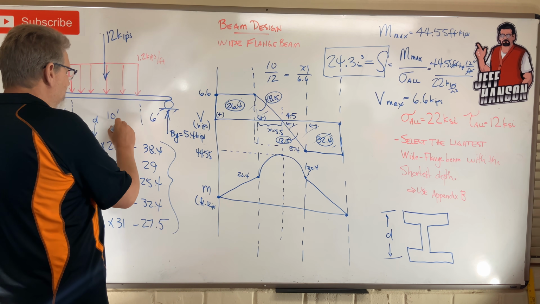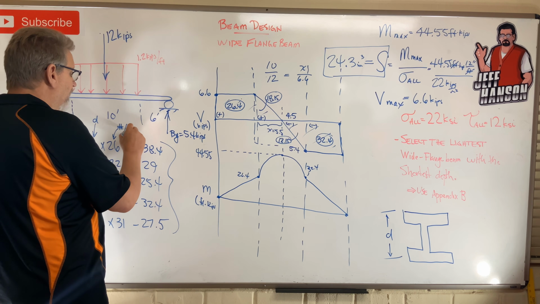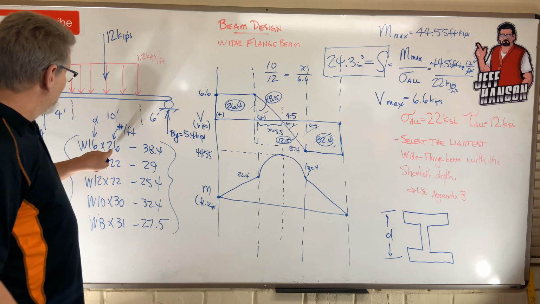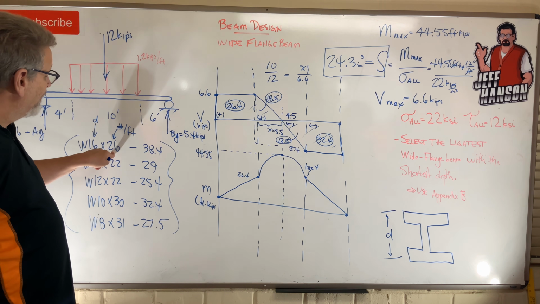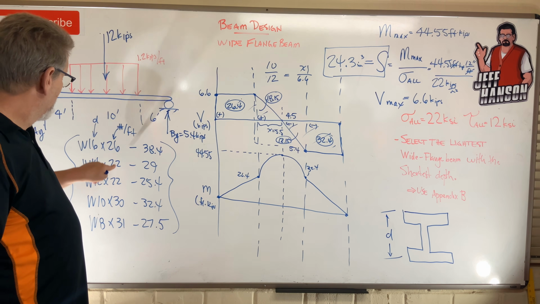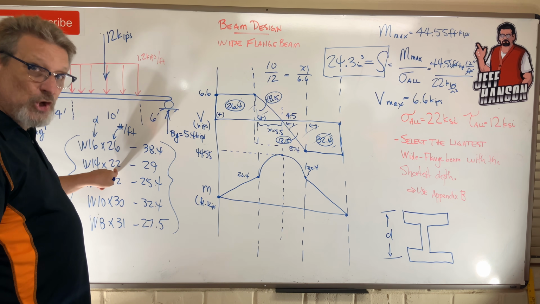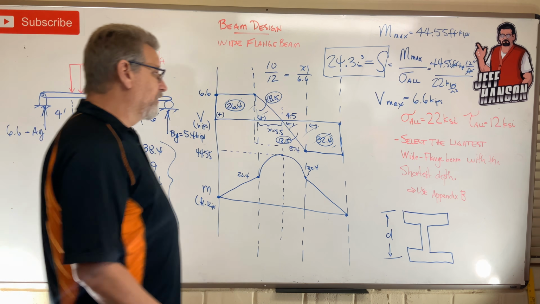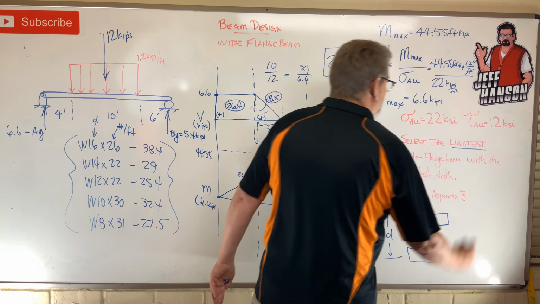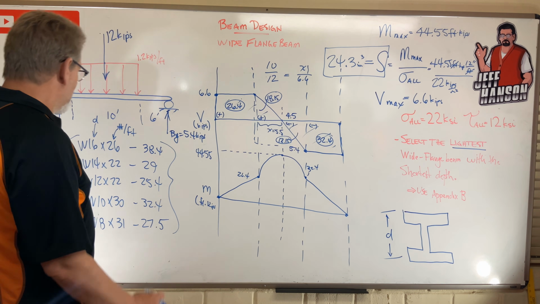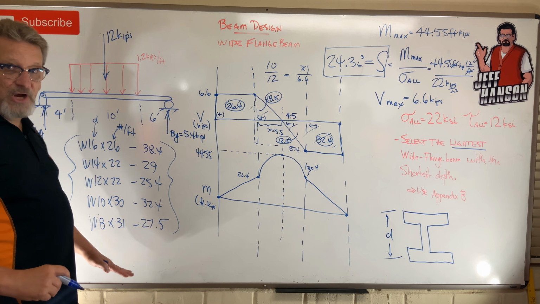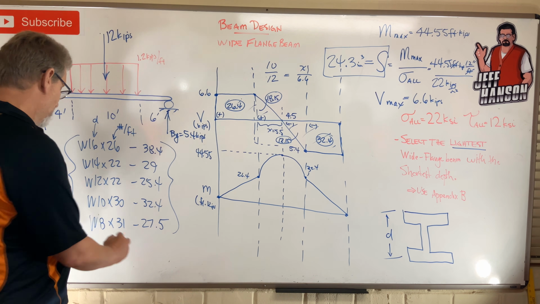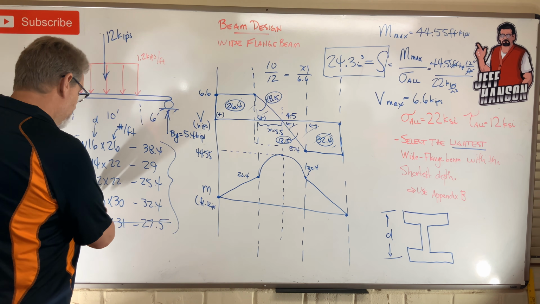This one is in pounds per foot. So this tells me that every foot of that beam weighs 26 pounds. Every foot of that one weighs 22 pounds. 22, 30, 31. Now, what are we looking for? Here we're looking for the lightest, okay? So pretty much all of these beams will do the job. All of them will do the job. But too heavy, too heavy,